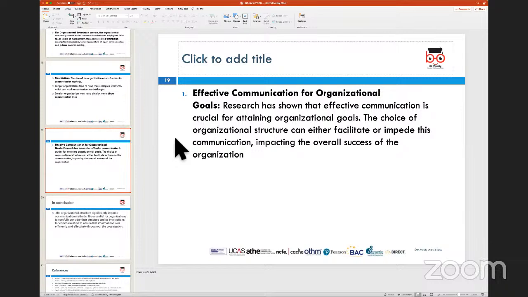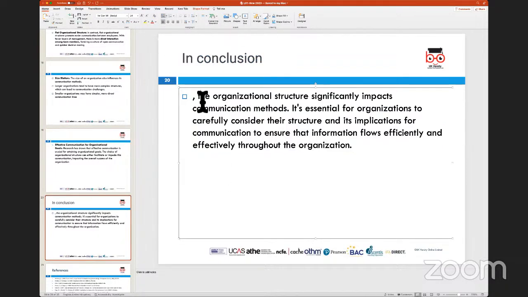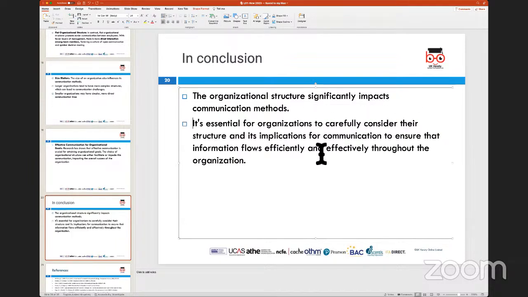So sometimes you would have to look at making sure that the process through which communication is done is streamlined in order to ensure that faster response times can be given to the customer. And thereby, this will impact the overall success of the organization in terms of how they deal with a particular complaint. So when we talk about structures, it is important to understand what kind of an impact it can have on the channels of communication.